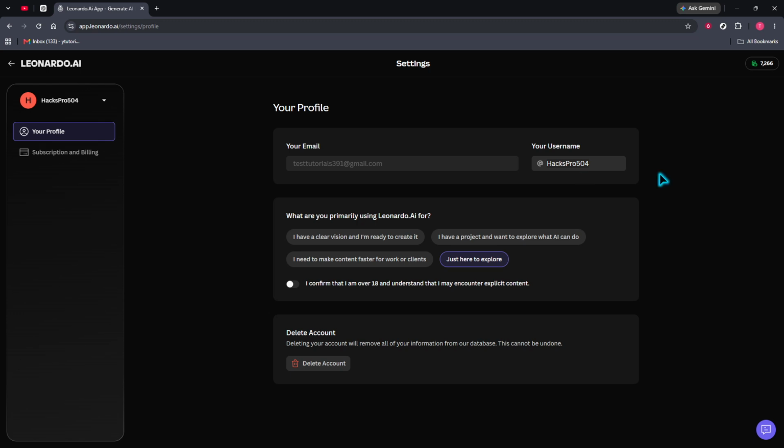If the username is available and accepted by the platform, your update should go through right away. If the change doesn't save immediately, double-check the spelling and make sure the username follows any platform rules, such as character limits or restricted symbols. It can also help to wait a moment and confirm that the updated name appears correctly on the page after submitting it. And that's all it takes to change your